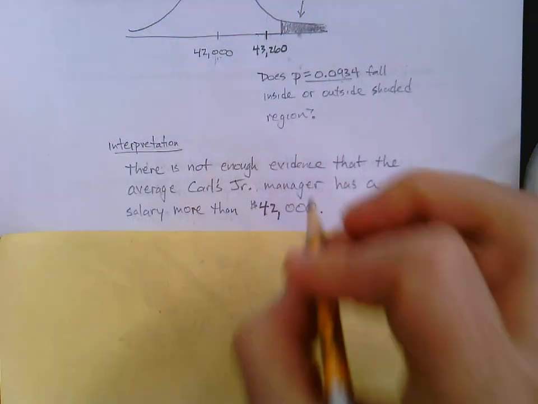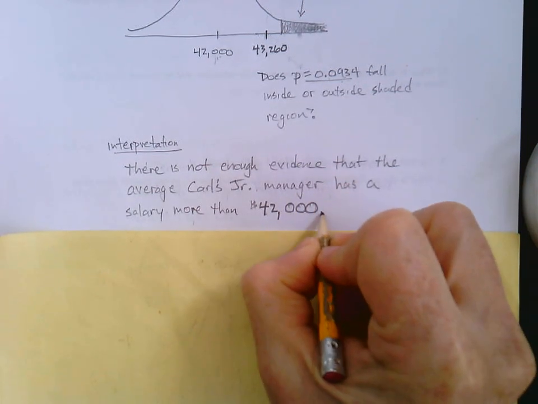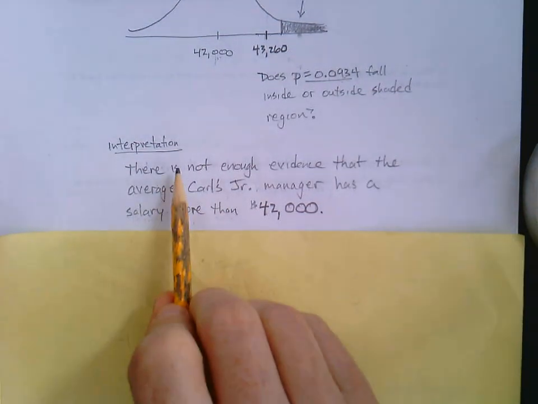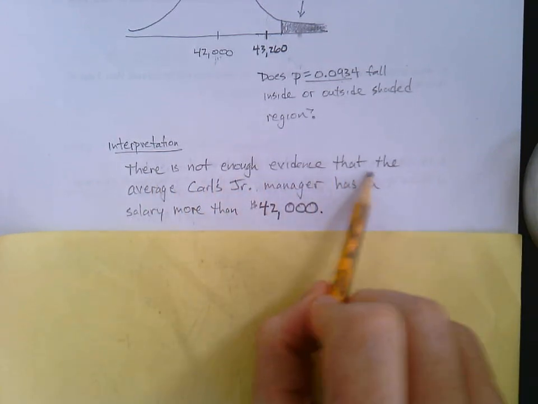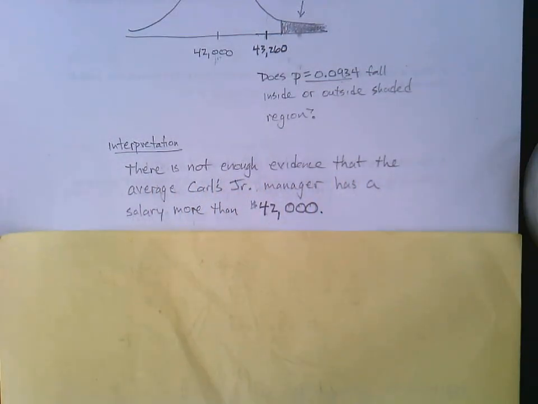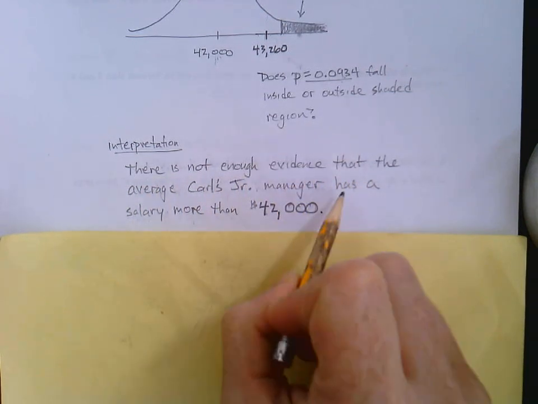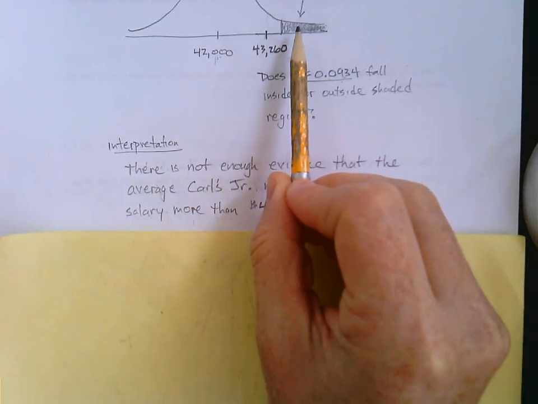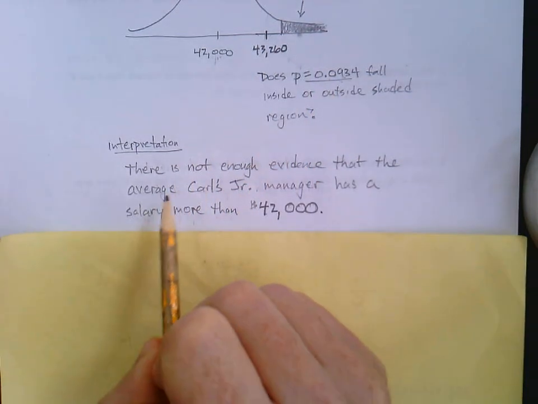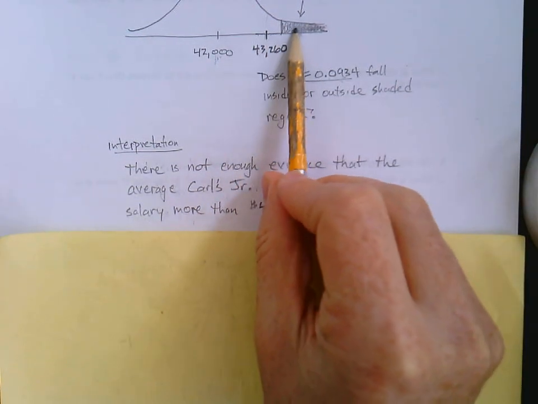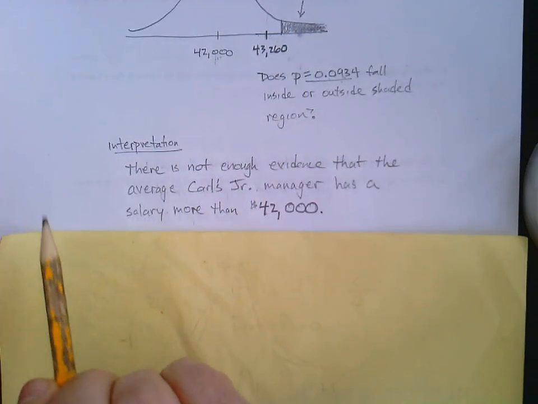So that's a good structure for how you would state it. And it's really kind of at the beginning. There is not enough evidence, and then you just repeat the question from the beginning. If we did have enough evidence, then we would say that, right? So on the other hand, it might be there is enough evidence that the average Carl's Jr. manager, right? If our p-value did fall into that shaded region, we'd say the opposite. There is enough evidence, and so on. But since our p-value didn't make it up into that top 5% in this case, there's not enough